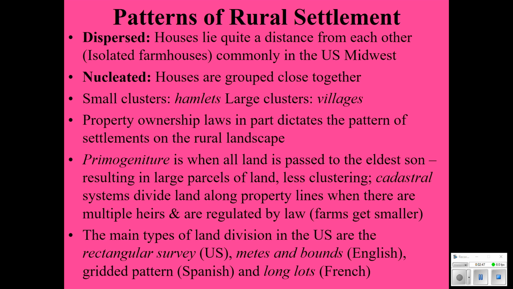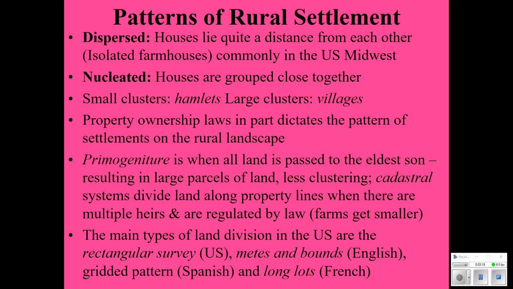And these are the jigsaw puzzle type pieces that, the actual physical boundaries of the land become the property ownership boundaries. So creeks and little streams and hillsides and the crest of hills and the tree lines, all of these physical factors become part of the boundaries of individual farms. And you get this jigsaw puzzle type appearance where no two farms are the same size or the same shape. And that's the meets and bounds, and again, very English system on the Atlantic seaboard.